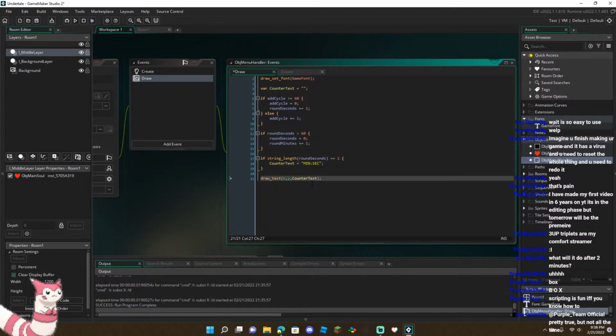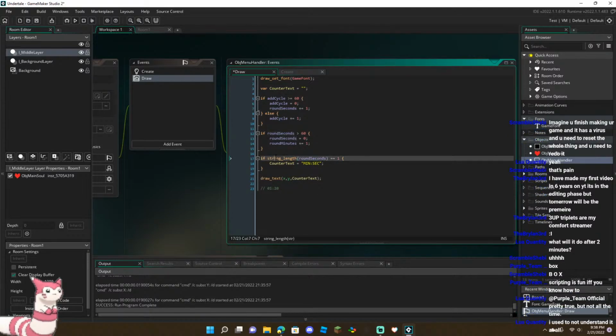So let me put a little reminder of what I want this to look like. So I'm going to do 0, 1, 20. This number will be 1. The first number is going to be minutes. This one's going to be seconds. So we can check if the string length of round seconds is 1, then we're going to set our counter text. Oh wait, no. If string length is 1